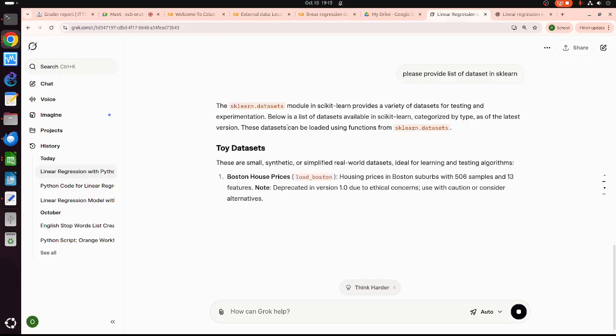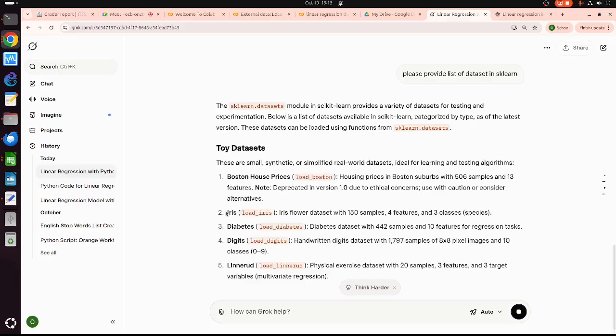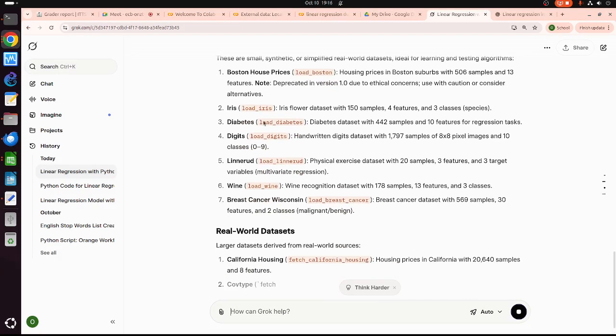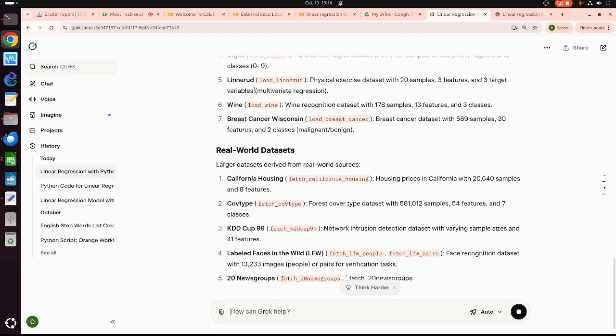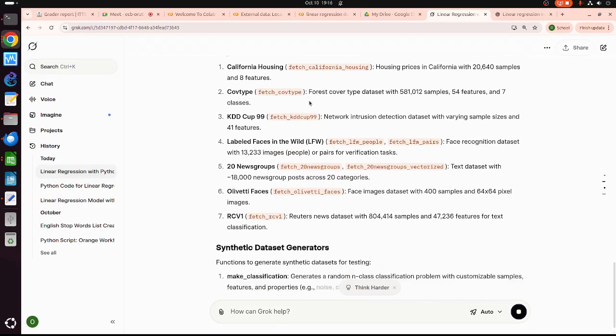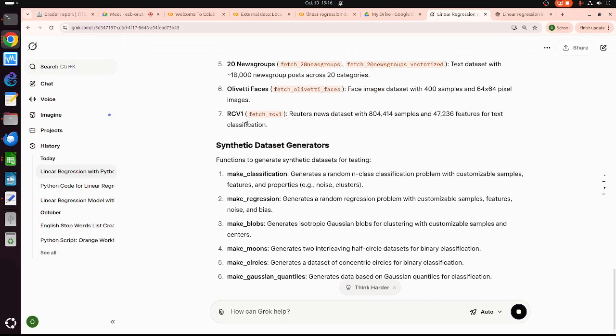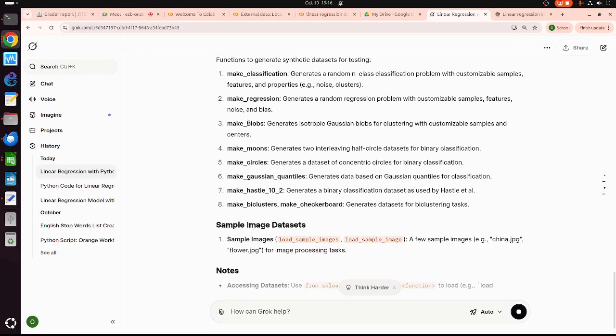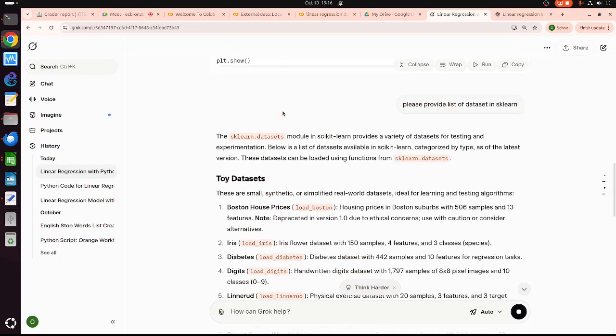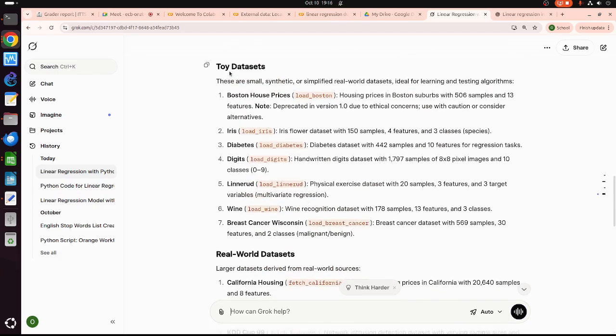So sklearn has some data sets: Boston house price, the IRIS, then diabetes and wine, breast cancer Wisconsin, and all. If we spend some time with Orange, we understand that these are quite familiar. These are toy data sets. Okay, so the toy data sets are available in Orange as well. So if we already spent some time in Orange, we understand where these data sets are already available.